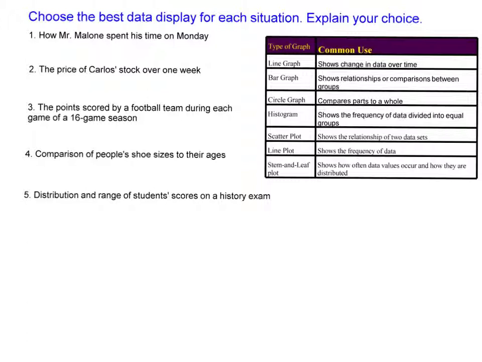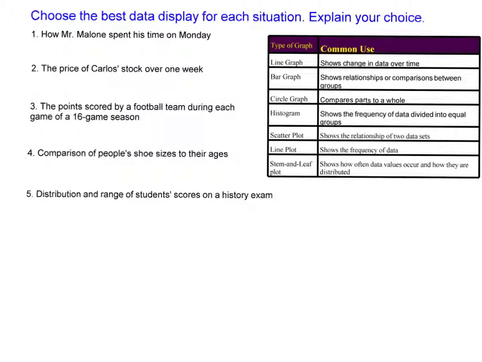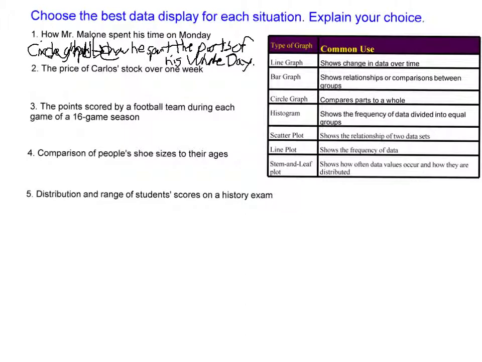Well, the first thing that your brain might think of is time. I'm thinking a line graph. But be careful there. I don't think how he spent his time is going to be categories. And really, Monday is a whole day or a whole school day. So because we're dealing with a whole, let's look at our chart and find out which one's good at the whole amount. And that would be right here, circle graph. So like I said, circle graph, because it would show how he spent the parts of his whole day,